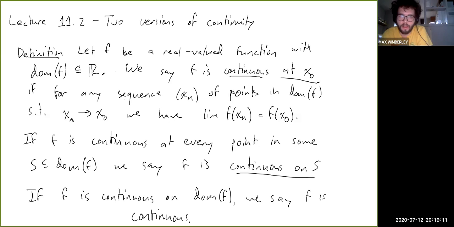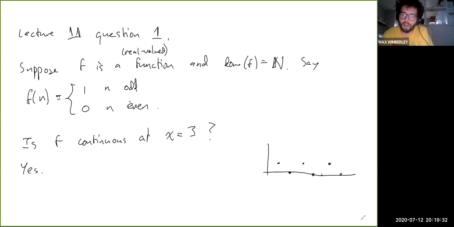If we go back here, it says f is continuous if for any sequence of points in the domain of f such that the sequence converges to x naught, right? In the domain, the key being in the domain. Any sequence in the domain which converges to x naught, then we have some statement, and that has to be true. So the question is, is that statement violated for any sequence in the domain which approaches x equals 3? The domain is the natural numbers. So let's just think about what the sequences